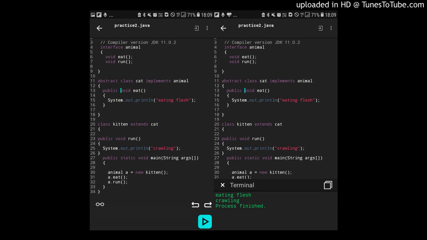Now we do upcasting again, and we write animal a equals new kitten, and we try to invoke the functions eat and run with the help of the reference variable of the parent class, that is a.eat and a.run. You will see that it will run finally, that is, eat will print out eating flesh, and run will print out crawling.